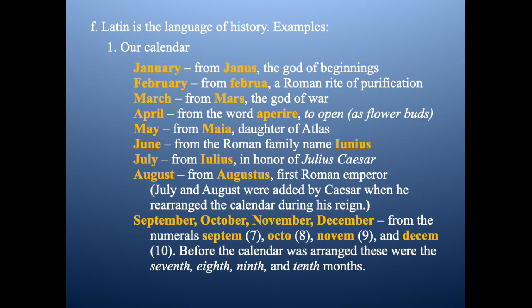Well, you're able to go back into that and realize that at a point in history, our calendar was rearranged. And the Caesars did this to deify themselves and such. So if you look at it, July was inserted in honor of Julius Caesar. And August was inserted also from the first Roman Emperor, Caesar Augustus, as he rearranged. And that pushed September, October, November, December down to the 9th, 10th, 11th, and 12th. Fun things to know about history and what happens to words as they change with people